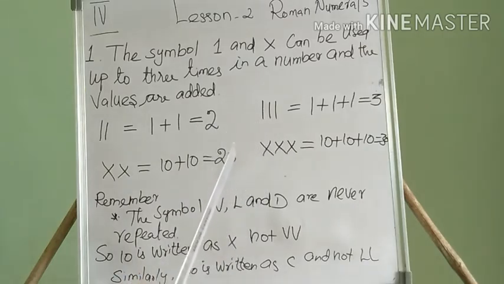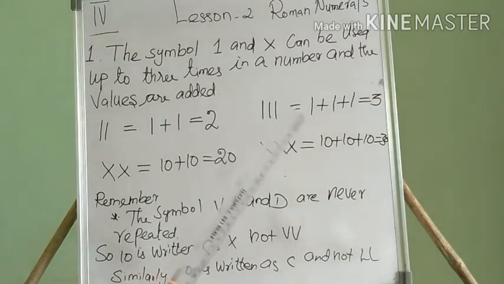So every Arabic number has a matching Roman numeral. Look at our table, you can understand what I am telling. So 100 is written as C, not LL. L means 50, so 50 plus 50 is 100. The meaning is okay, but we cannot write it like this. So always remember these 3 Roman numerals are never repeated.